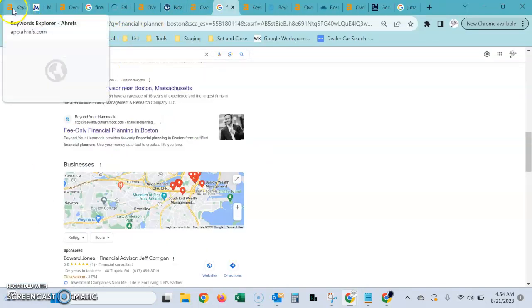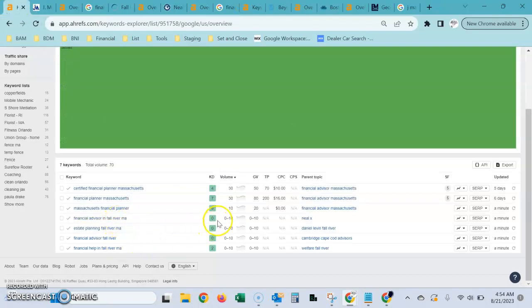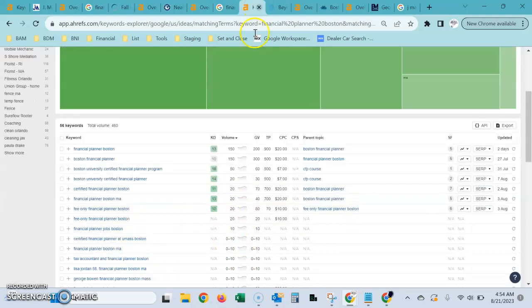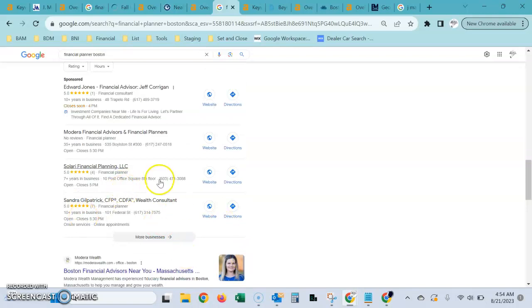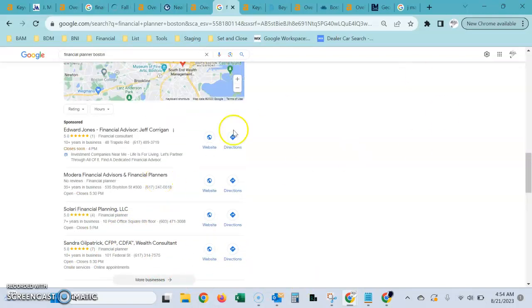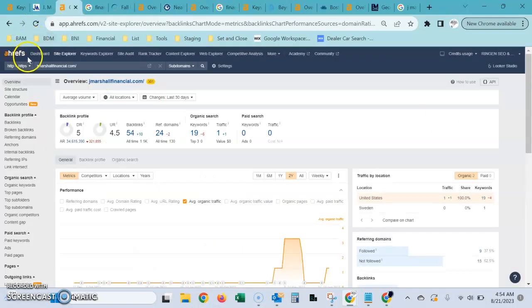And the reason being is when I do Fall River, there isn't a whole lot of search volume for people specifically looking for financial planning services in Fall River. If I do the same search in Boston, there's a lot more. So I can just do a quick comparison of what these companies are doing and see how it can compare to you. So I'm going to take all these websites and put them all into this tool that I use,